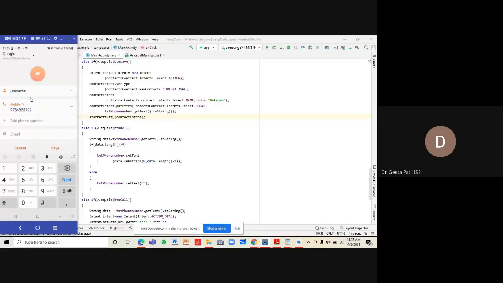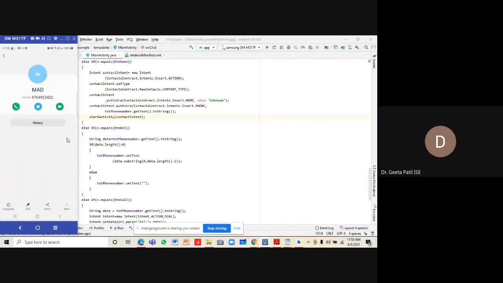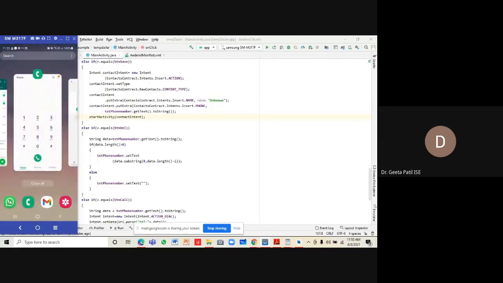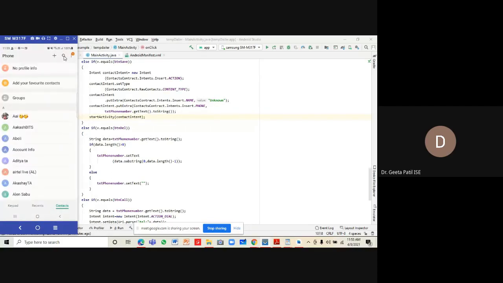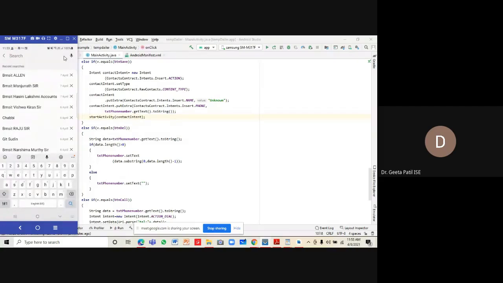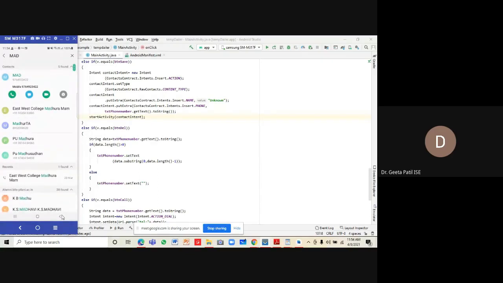When you save it, let's say I'm saving it as net, and save. So this number got saved in my directory. So go over here, check. Added to my phone directory.